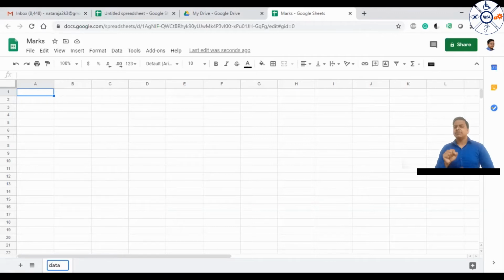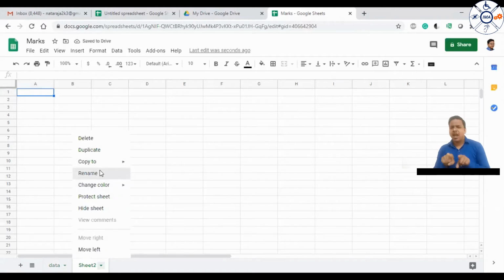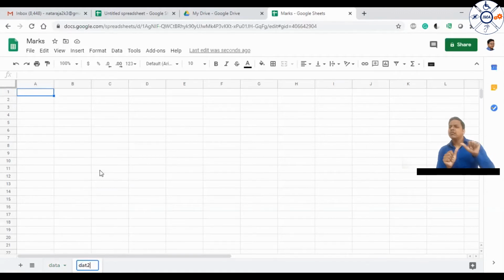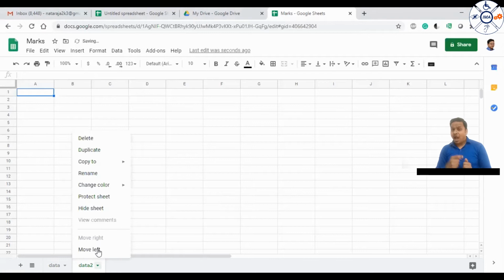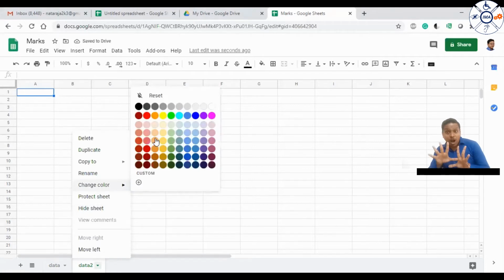If you want to add one more sheet, you can click on this plus and one more sheet gets added. You can also rename this sheet as, say, data 2. What you can also do is change the color of these sheets.